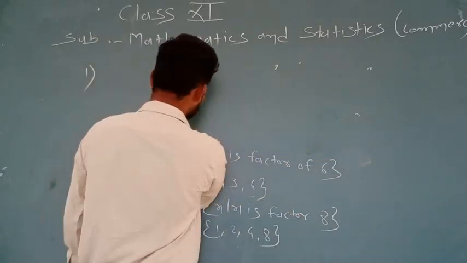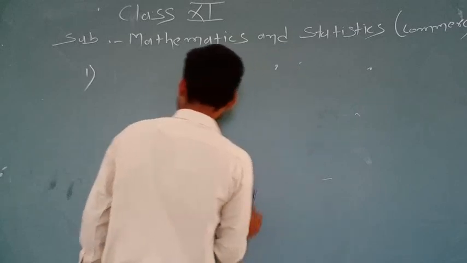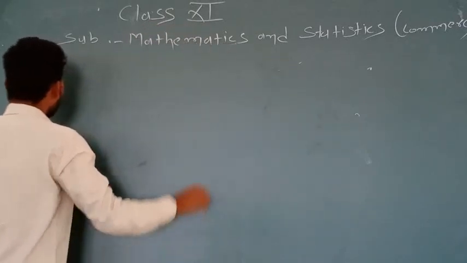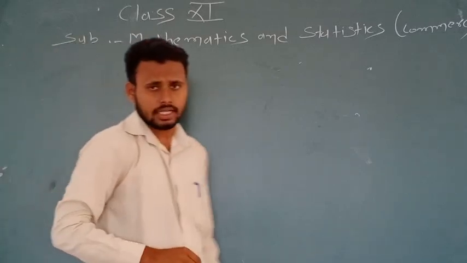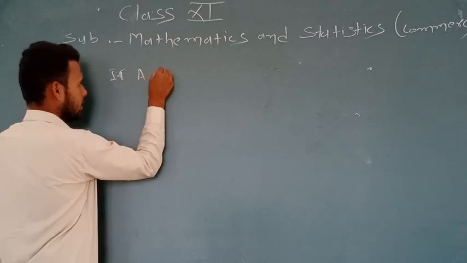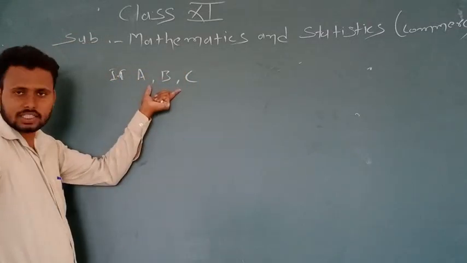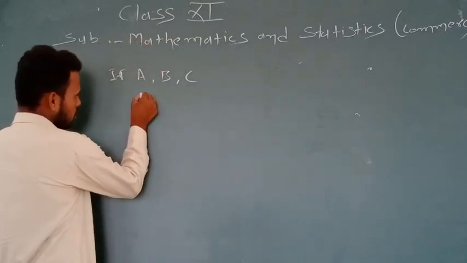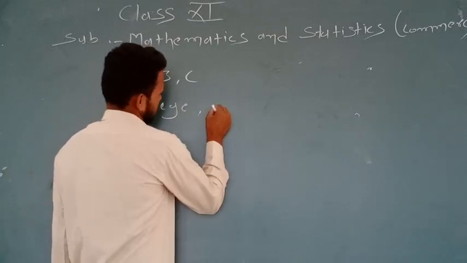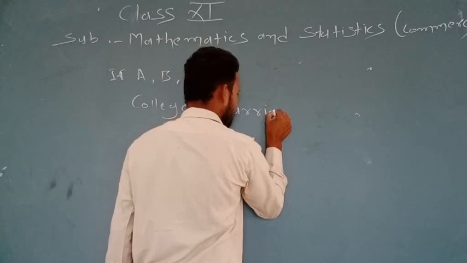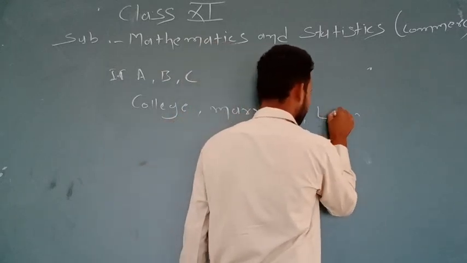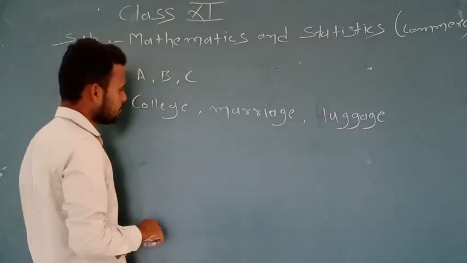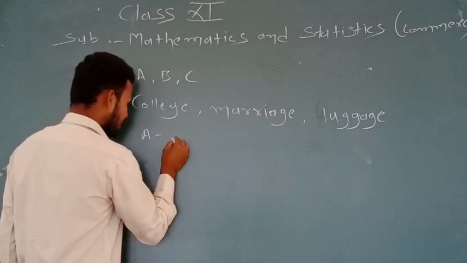Now next example. Now let us take examples in exercise 1.1, example number 4. If A, B, C are the sets for the letters of the words college, marriage and luggage respectively, then verify that